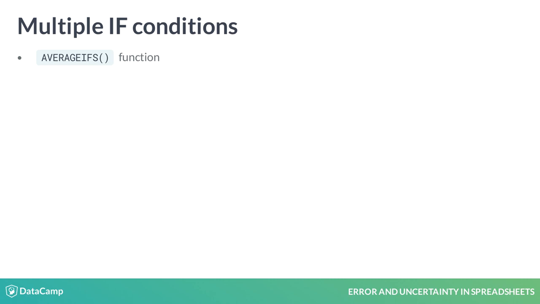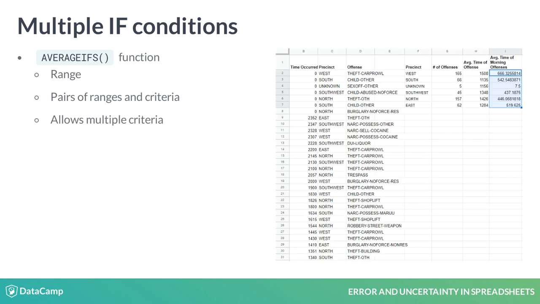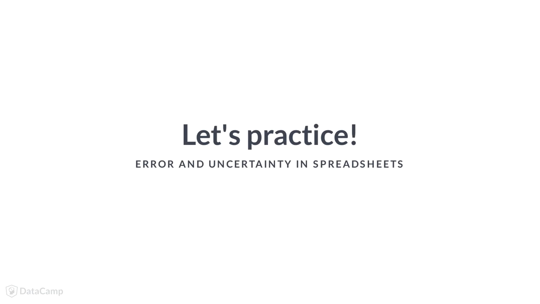The order of the arguments in the AverageIfs function is a bit different from that of Countifs. For example, the first argument of AverageIfs is the range of cells to include in the average, not the first criteria range. It also takes pairs of ranges and criteria and allows for multiple criteria for the same range. Now you're armed with multiple functions for creating and counting groups of data. Let's get some